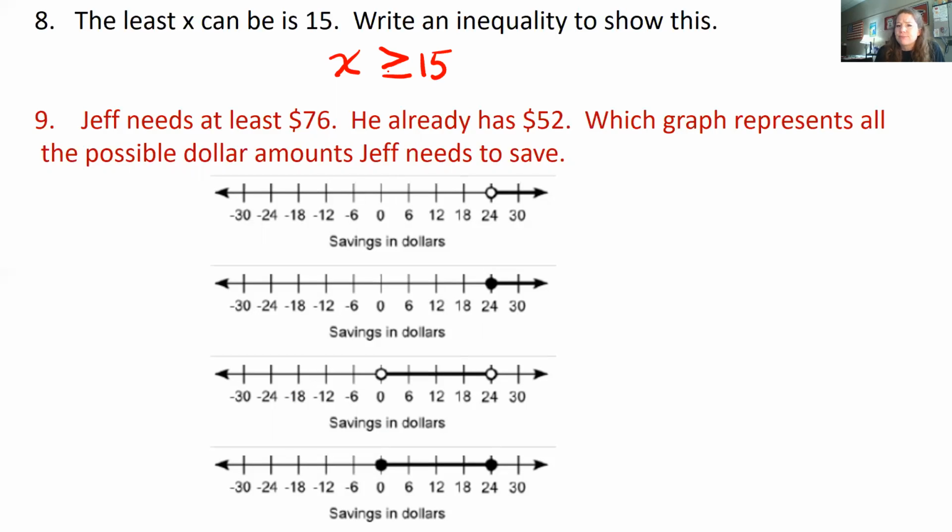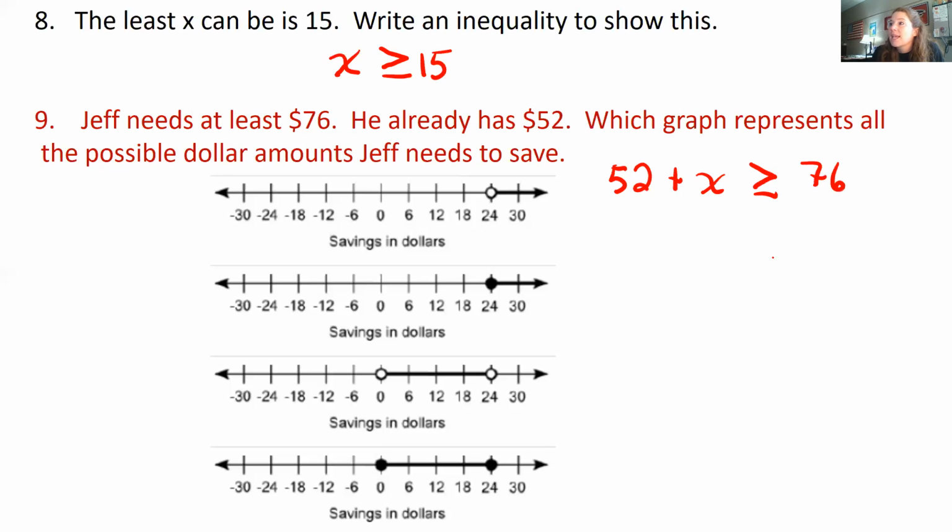All right, Jeff needs at least $76. So how much money does Jeff need? $76 or more. He already has $52. Which graph represents all the possible dollar amounts Jeff needs to save? All right, so Jeff has $52, plus he needs some more money to get at least 76. That means 76, the money Jeff needs, is got to be greater than or equal to 76,